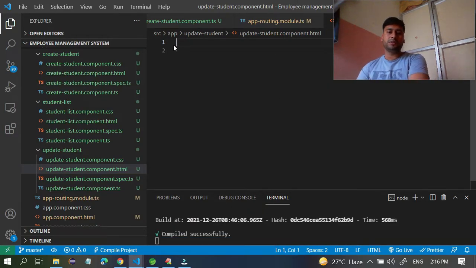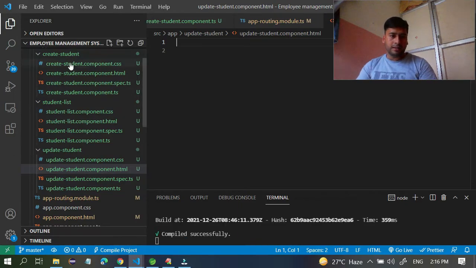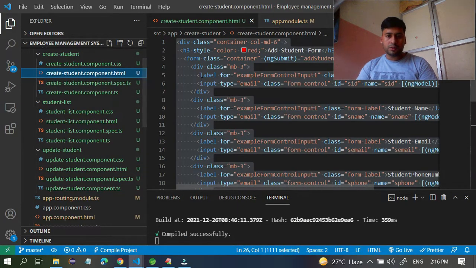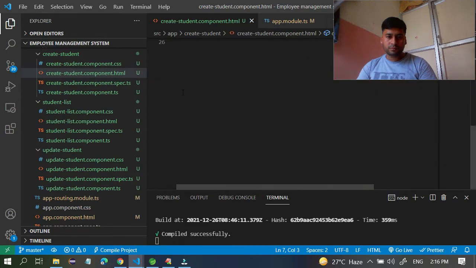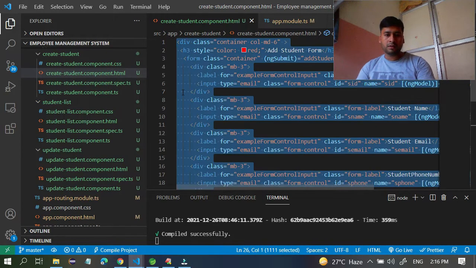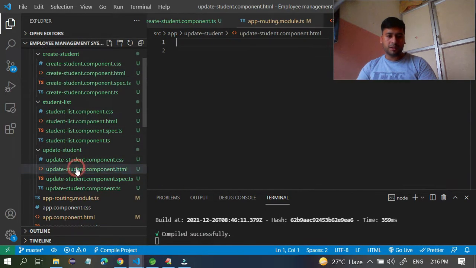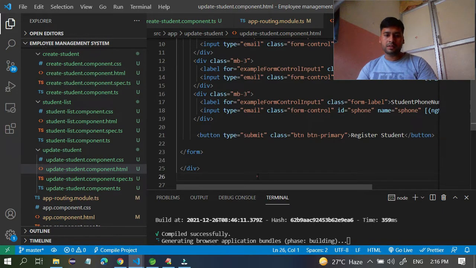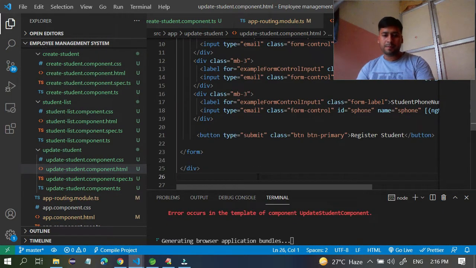Okay, go to this place and create a student component, copy, Control A, Control C, and come to the update student.component.html file and paste here. Just paste it one time, and then you have to make changes based on your requirement.